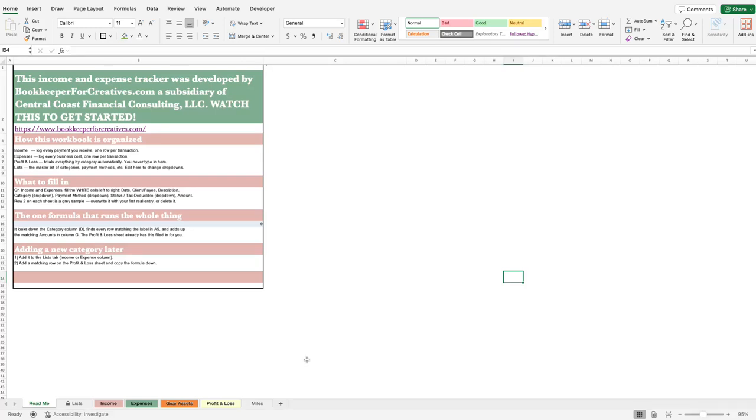All right, guys, let's talk about this profit and loss statement. This is specifically for photographers. If you are not a photographer, reach out to me at my website and we can talk. My name is Daniel. I am a bookkeeper for photographers, and essentially what you're seeing here is not what I